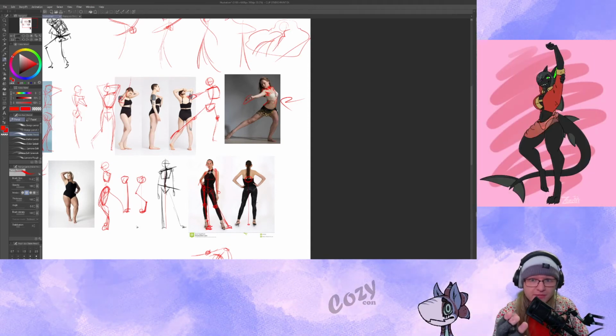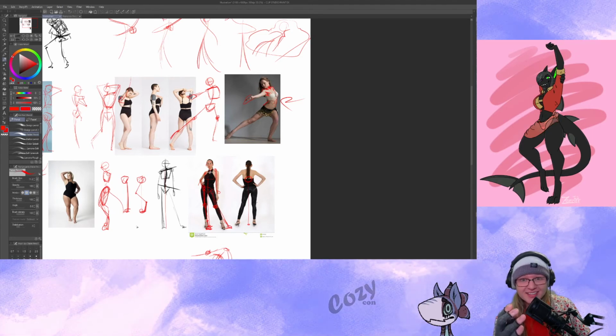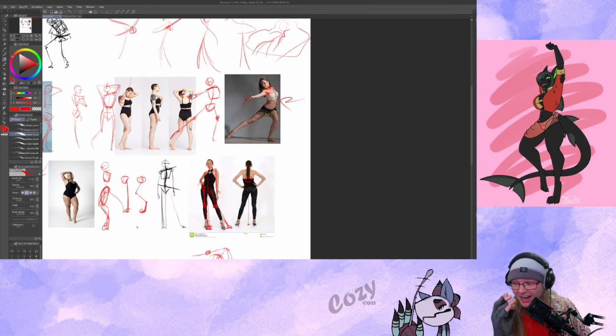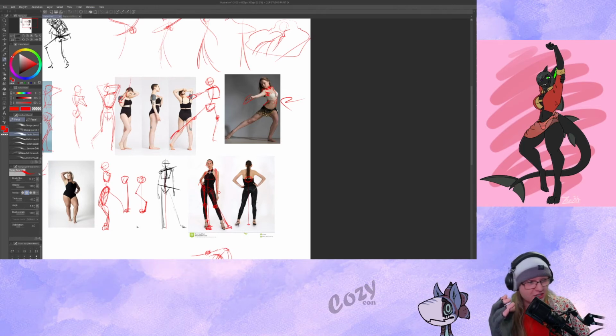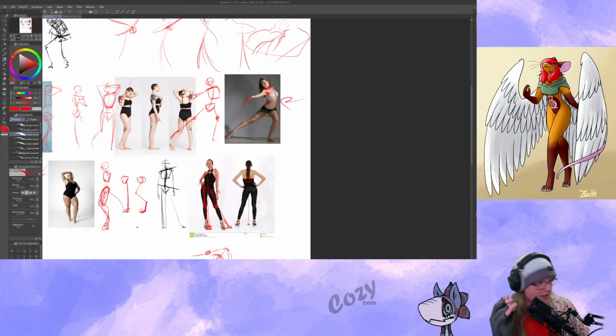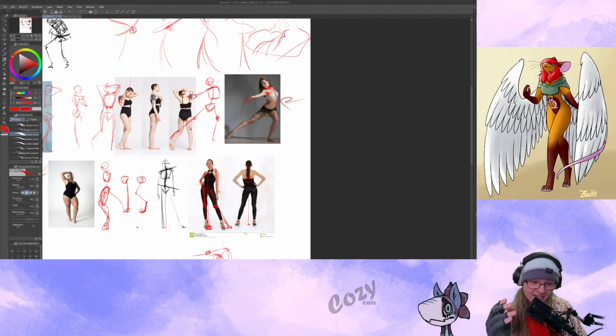Then it gives you 30. And you sit there with 30 minutes to draw a pose. And you're just going, what did I do to deserve this? I already shaded the last one. Do I do color? Do I put down proper digital lines if I'm doing this digitally? Do I take out my other inking pen and make it like traditionally done? What do I do? And by the time you're done with that hour-long session, you sit there with a 30-minute piece